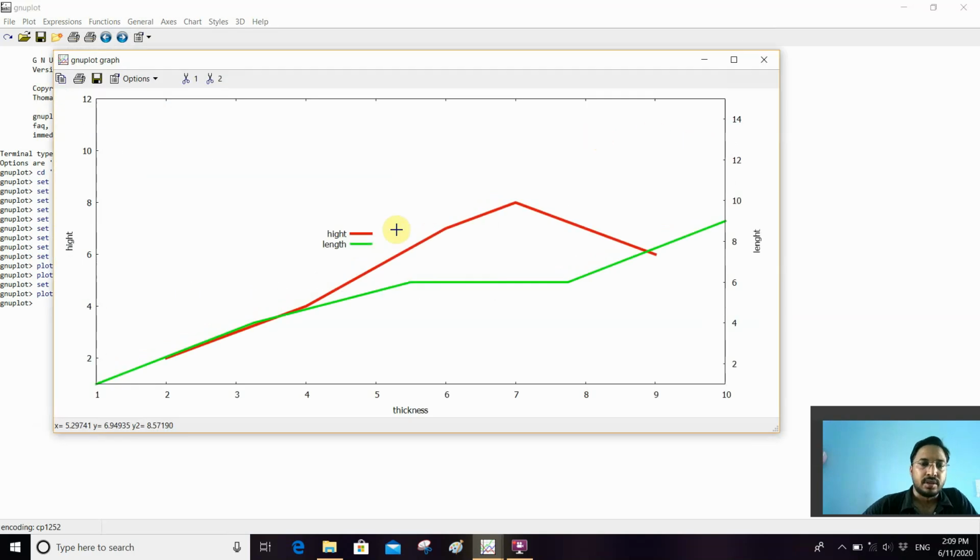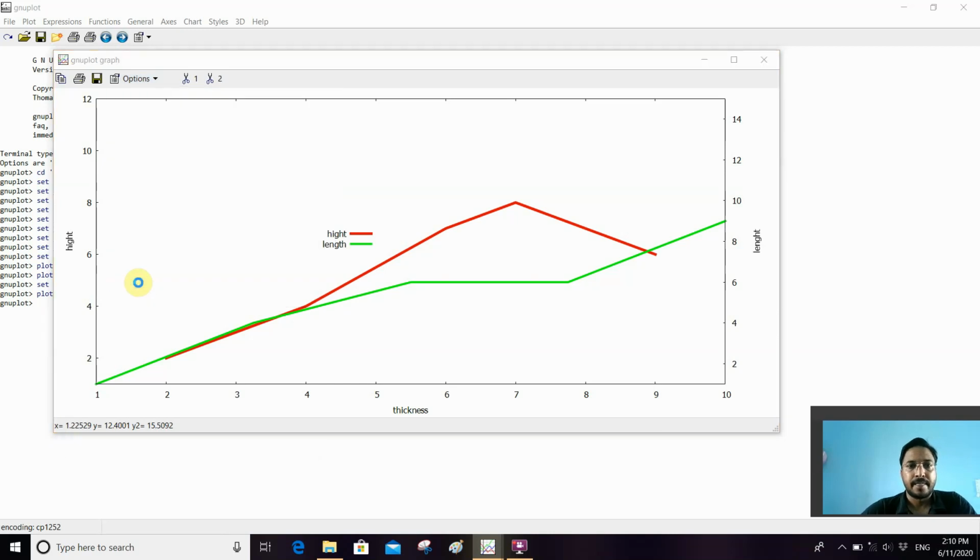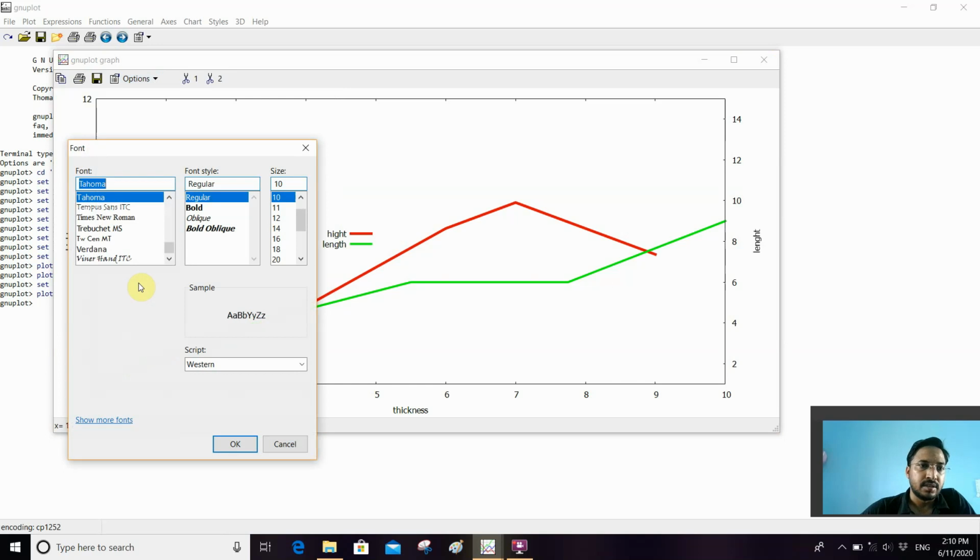So now the coordinate of the title has changed. Now we can change the font size and style of the title, labels and ticks. For this we have to click on the options, and here is the font. Clicking this, there are three options for font.